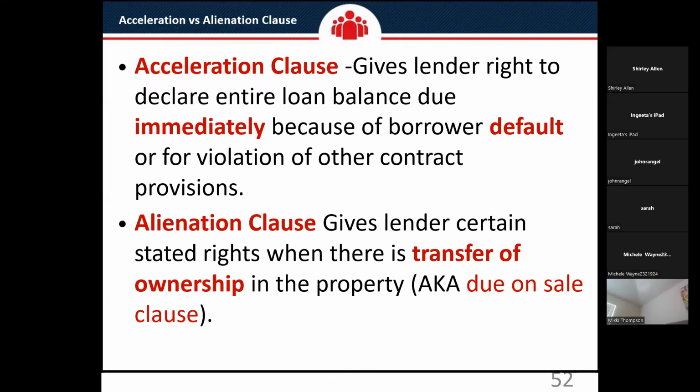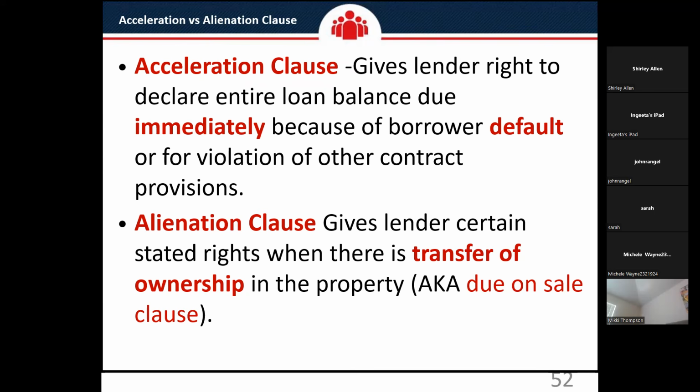Acceleration clause. An acceleration clause gives lenders the right to declare the whole balance due. We're going to avoid that at all costs. They will call it due immediately because the borrower defaults or for some other violation of a contract provision. So it's important for you to make sure that when they're reading the documents, the loan and the CD, there's